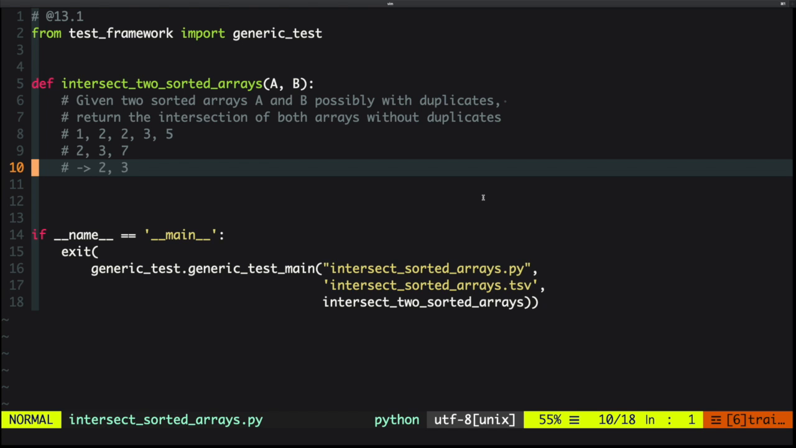Hey everyone, so today we're going to be doing another question from Elements of the Programming Interviews in Python. This one is called Intersect Sorted Arrays. So given two sorted arrays A and B, possibly with duplicates, we want to return the intersection of both arrays